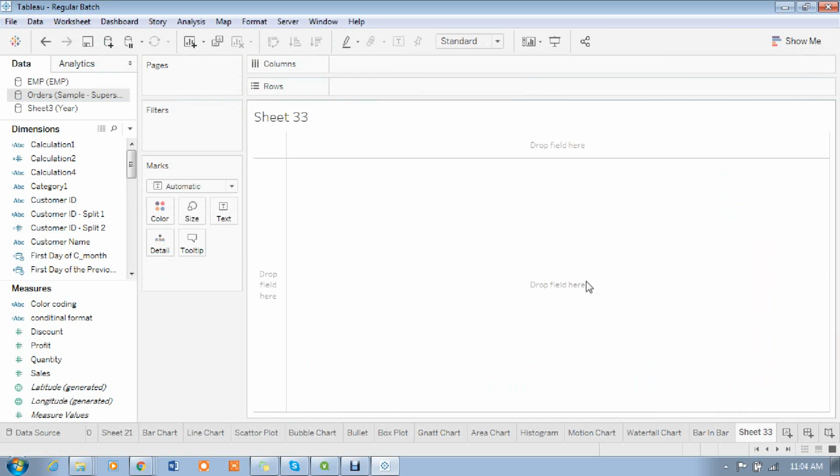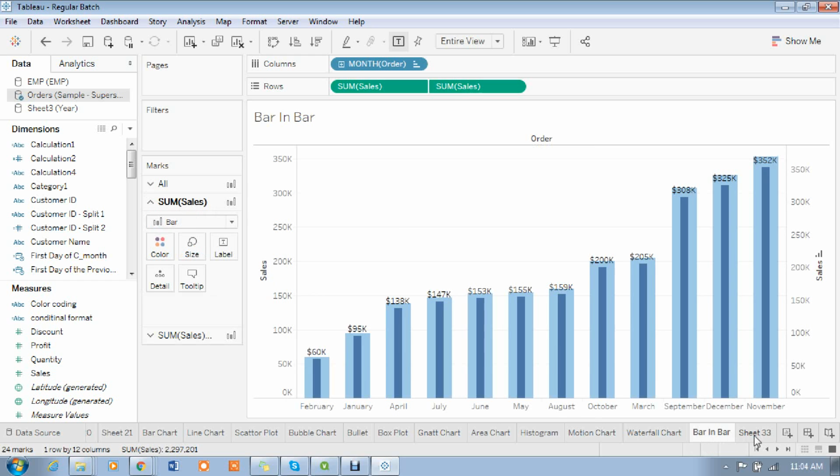Okay, yesterday we talked about bar and bar chart, madam. If you have more than one measure, we can see the bar and bar graph. Now, if I want a bar line also, we did it, madam. Simply I can go here and change the line for one graph.